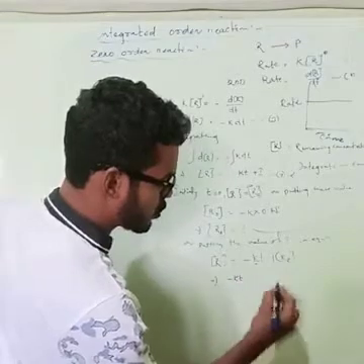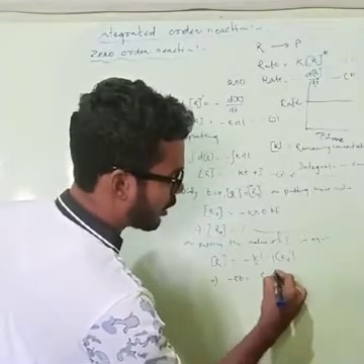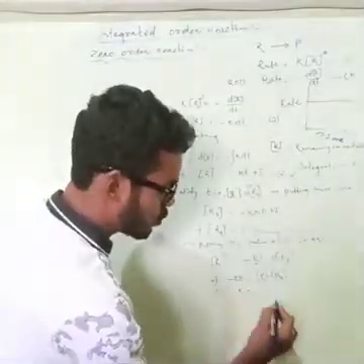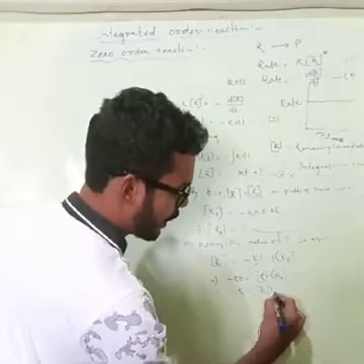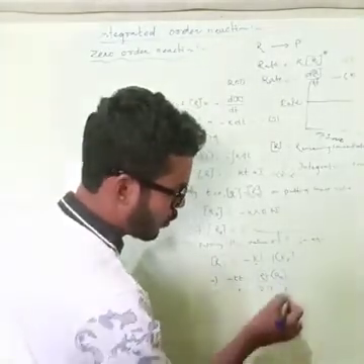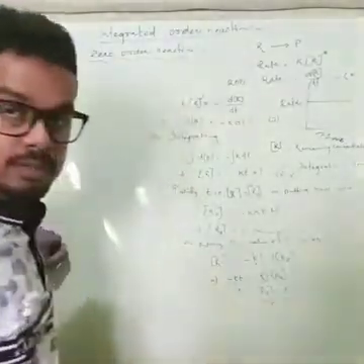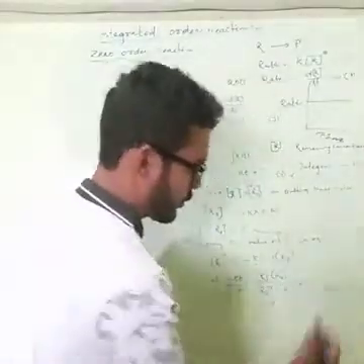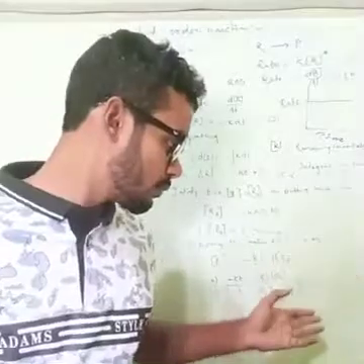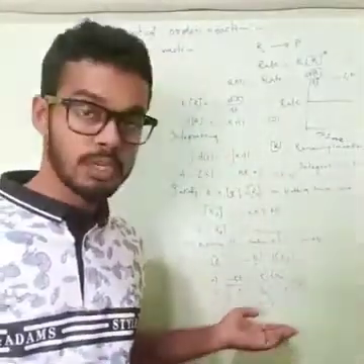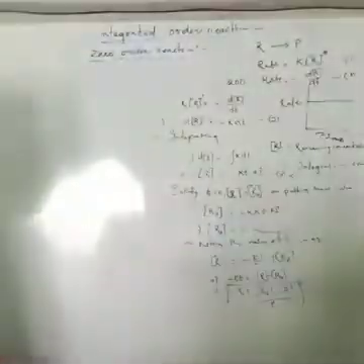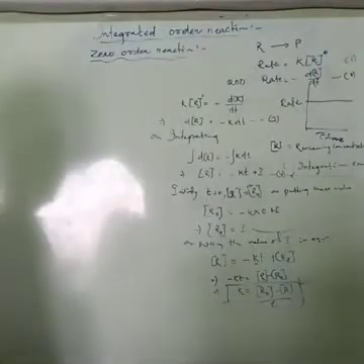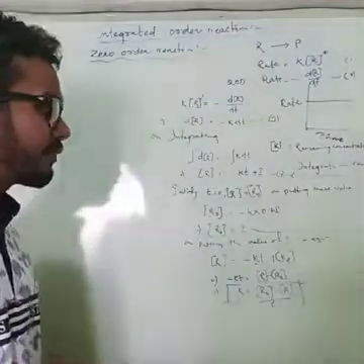Minus Kt equals R minus R naught concentration, or if you multiply by minus on both sides, K equals R naught minus R concentration, whole divided by T. This is the final equation. You need to calculate the zero order rate by using this formula. This is a very important formula for zero order reactions. We'll do the problem also based on that. So this is the integrated derivation of zero order reactions.